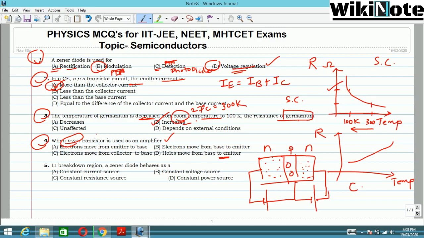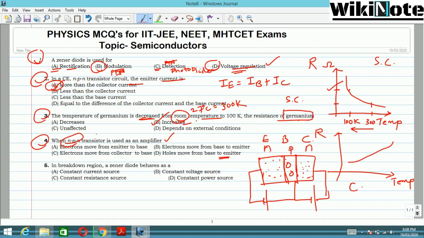Now what you can see, N to P, so this is going to be my emitter to base junction, while this is going to be base to collector junction. So this is base to collector, this is emitter to base. So if you look at the diagram, N is connected to negative, P is connected to positive, so this connection